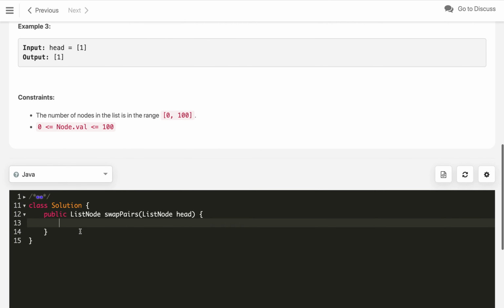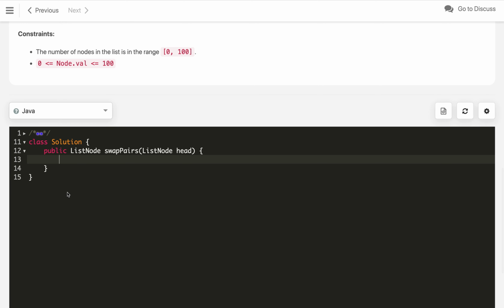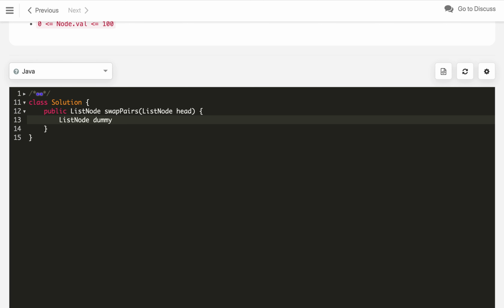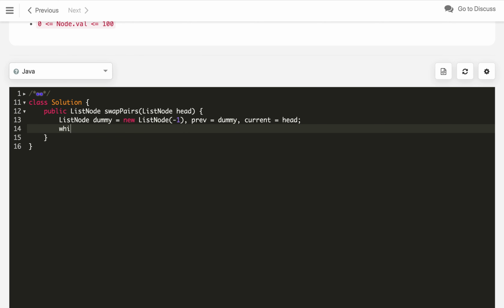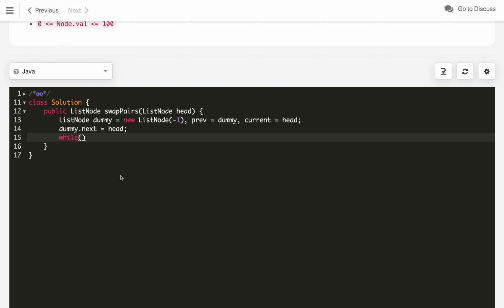It's very straightforward if you understand the linked list basically. So here first we will create a dummy node, which is, let's say, dummy is equal to new ListNode, and any value you can put. I am putting -1, and then we need a previous node from the dummy node itself, and we will take a current node from head of the list. Before we run this list, we have to link dummy dot next to the head node.